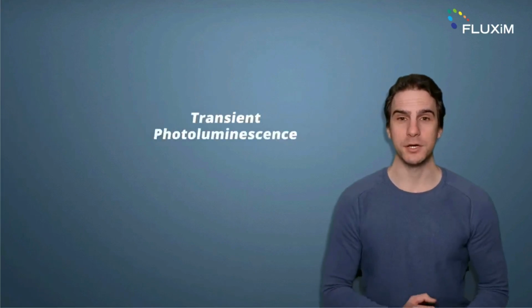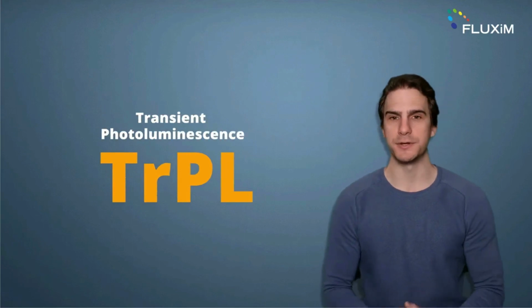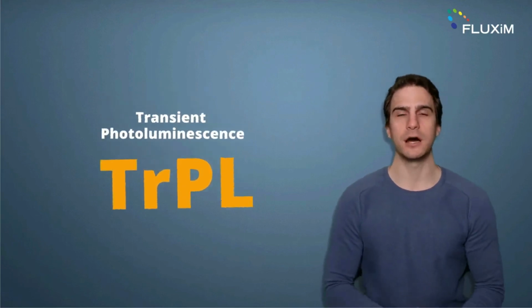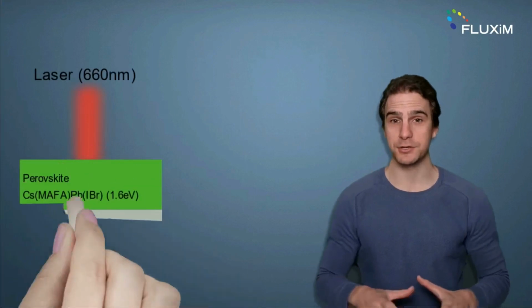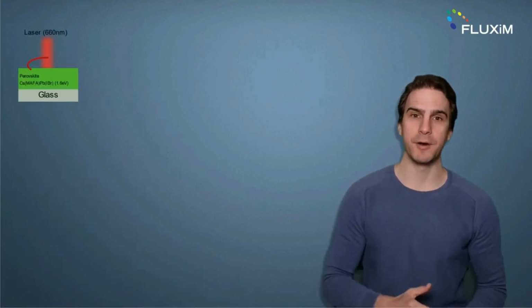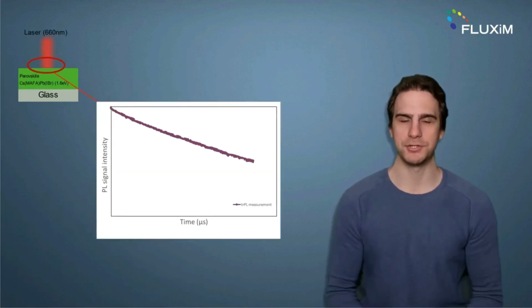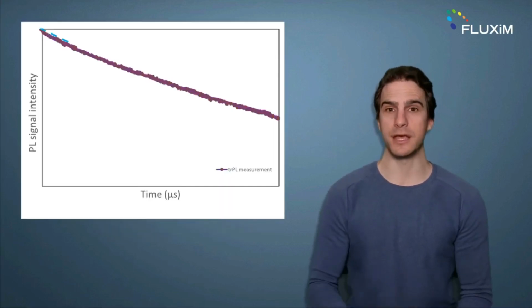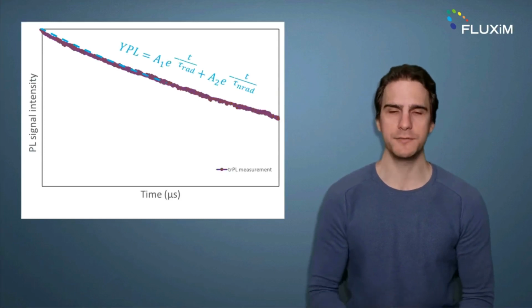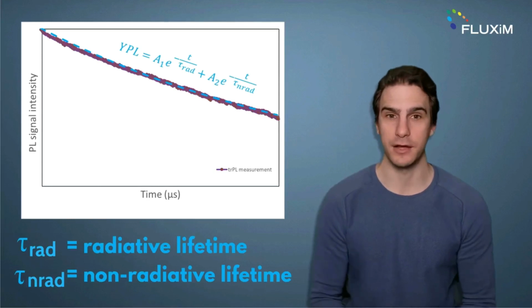Transient photoluminescence, also called time-resolved photoluminescence, is a measurement technique used to determine the recombination dynamics in a light-absorbing material. Shining a short laser pulse generates charge carriers. The carriers that recombine radiatively cause the emission of photons from the sample, and photoluminescence can be measured until recombination ceases. To extract information, you can fit the TRPL decay with a bi-exponential equation, which gives you two lifetime values for the charge carriers, the radiative and the non-radiative lifetimes. Great, right? But you're not quite finished.